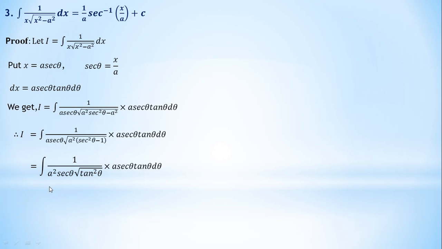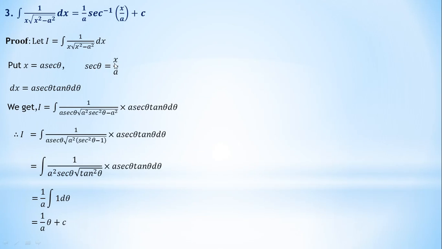So what will be the simplification? See, it is just 1 upon a into integration of 1 d theta. We get the simplification here. So we have to evaluate the integration of 1 with respect to theta. Now it is very simple. So that's why it is 1 upon a, and the integration of 1 with respect to theta will be theta plus constant. Now resubstitute after this, after getting the integration we have to put the value of theta here.